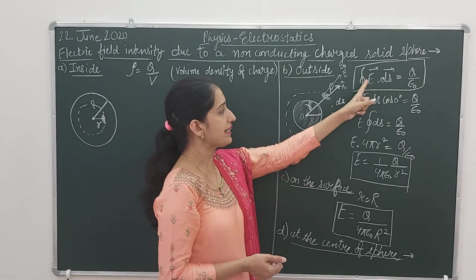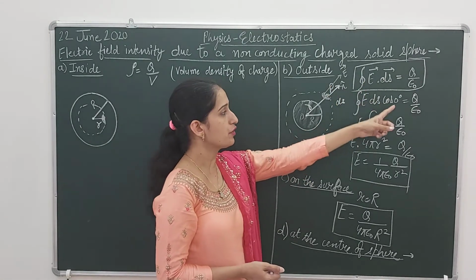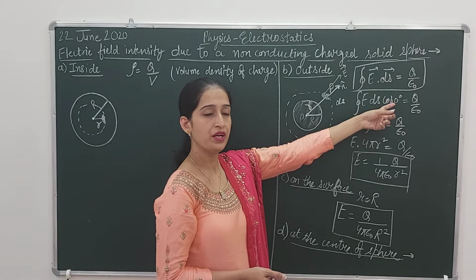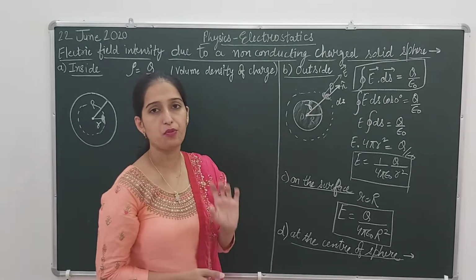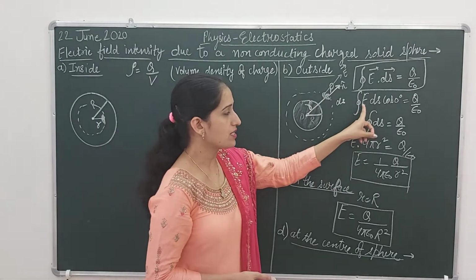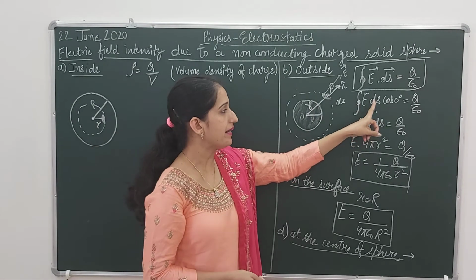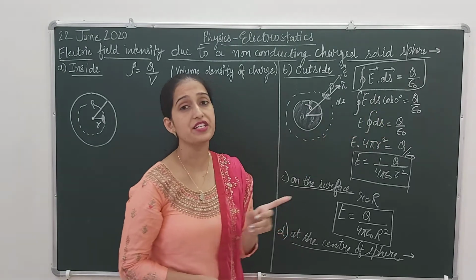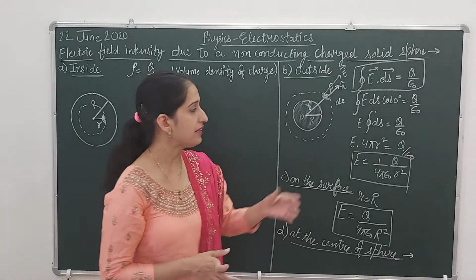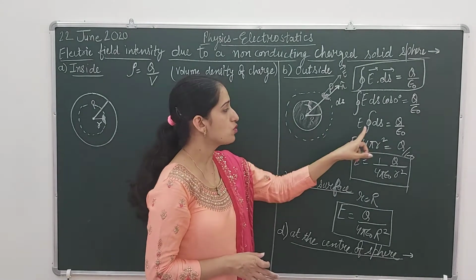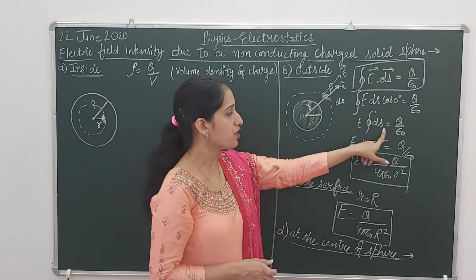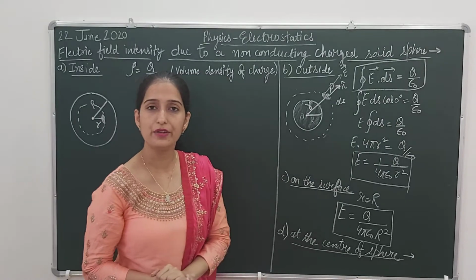Now the angle between E and the area vector is 0 degrees. I have put this value. Cos 0 is 1, and E for this particular point is fixed, because integration we need to do and dS is with S. So integration of area will be done. E will be treated as constant. It will be kept outside, and the integration of dS is equal to Q by epsilon naught.